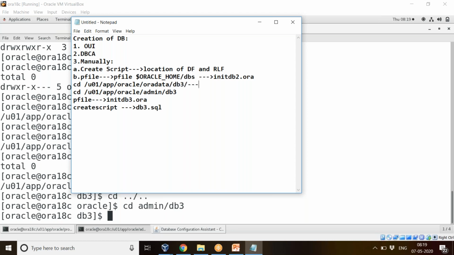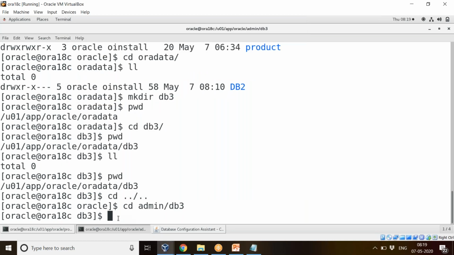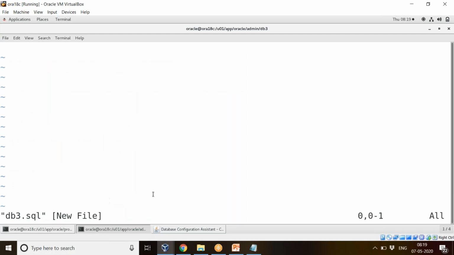So this is the place where my DB files are going to reside. My DB files will sit here. Fine. So this is how it will work. Now we'll see this P file and create script. We'll create now. Now I'll type the create script.